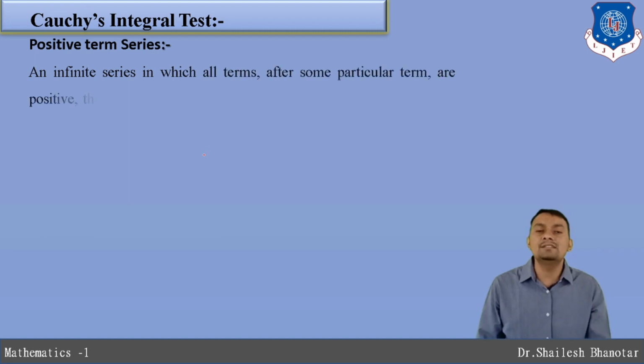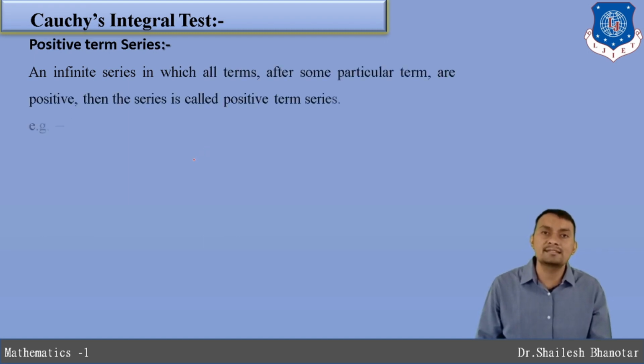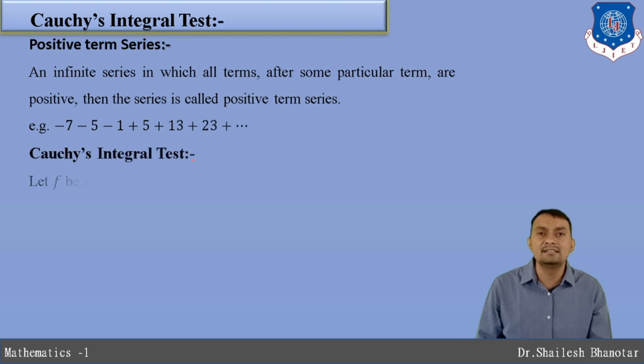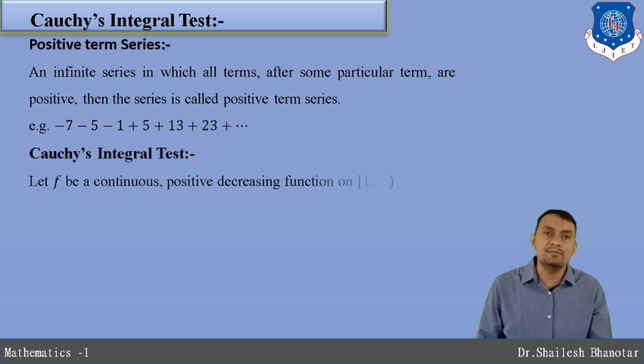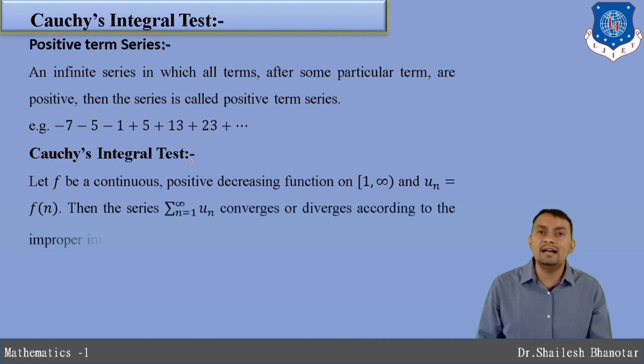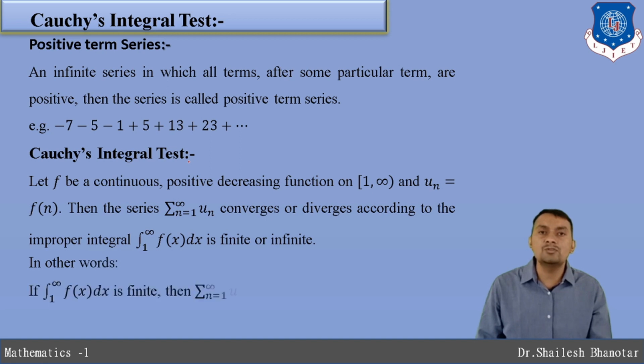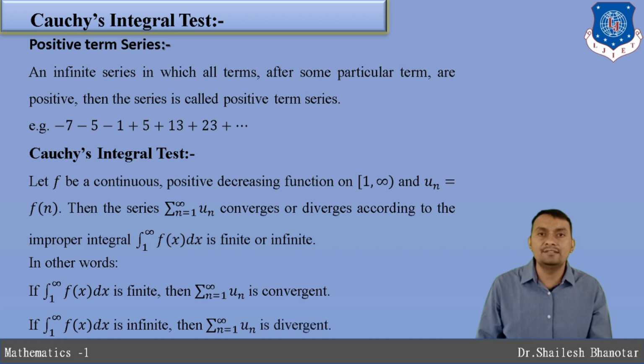Just keep in mind when we can apply the zero test and when we can apply the integral test; all these criteria you should remember. The zero test is applicable whenever the numerator and the denominator contain the same power. Otherwise we are not going to use the zero test. The zero test is only for the divergence case.